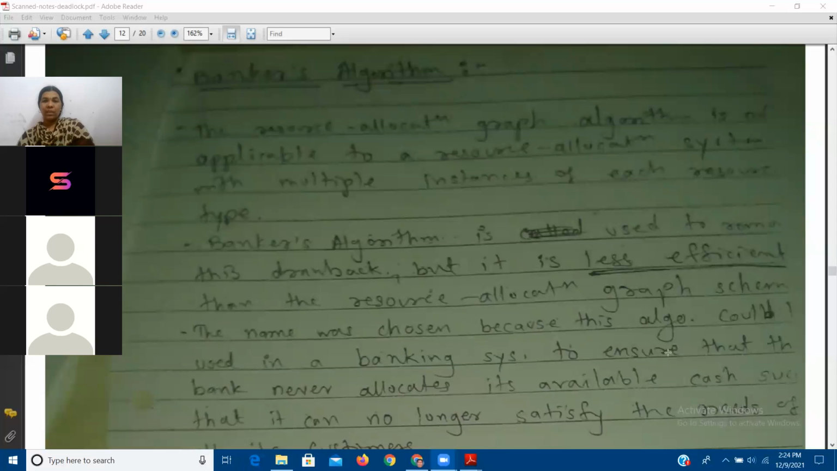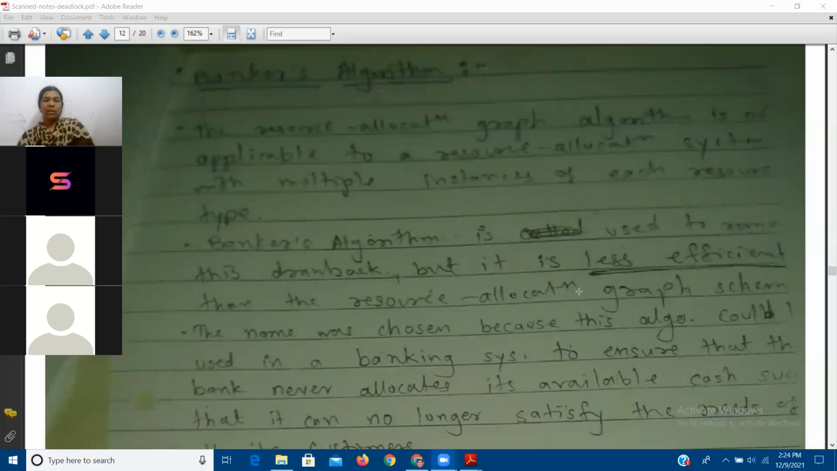Banker's algorithm is used to remove this drawback, but it is less efficient. Actually, it is less efficient than the resource allocation graph scheme, not more efficient. How it is less efficient, we'll see with the help of an example. The name was chosen because this algorithm